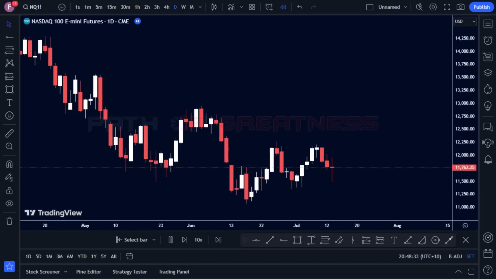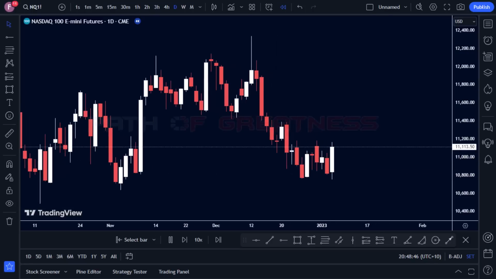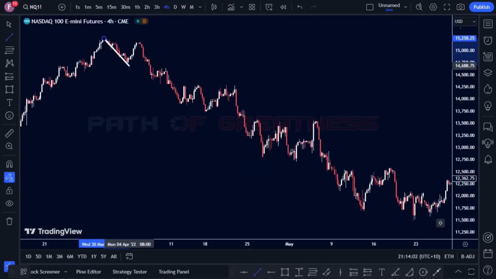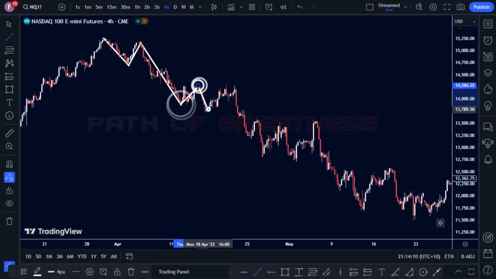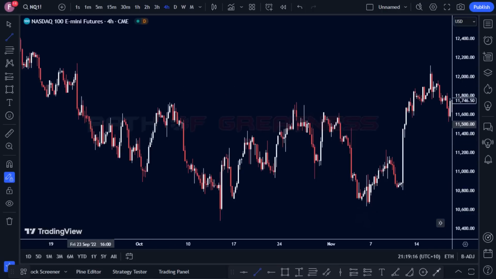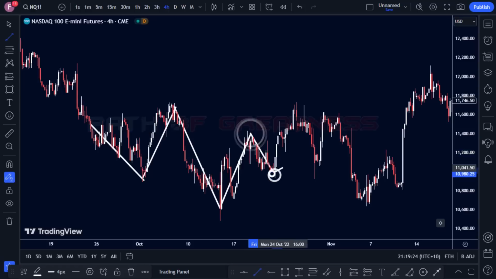Price can either do three things: move up, move down, or move sideways. The market is always in flux, and price is always going somewhere. Without the proper knowledge and understanding of these structural movements, you as a trader will often trade opposite to the direction of the market. Whenever you do this, your winning rate will be reduced drastically, leading to countless losses in